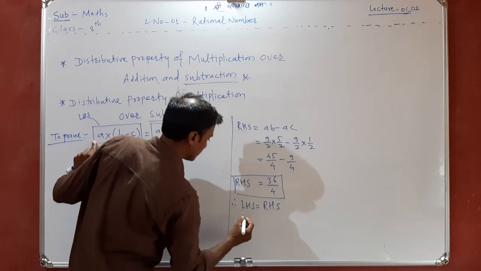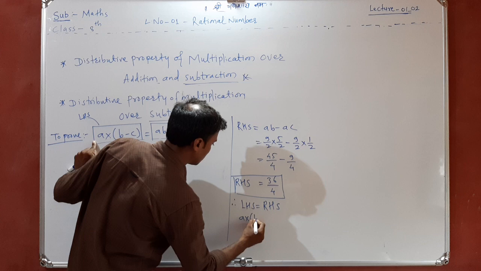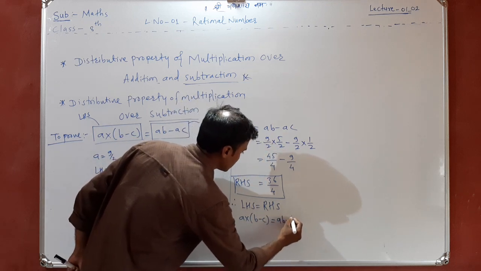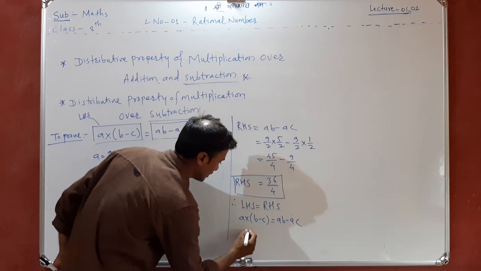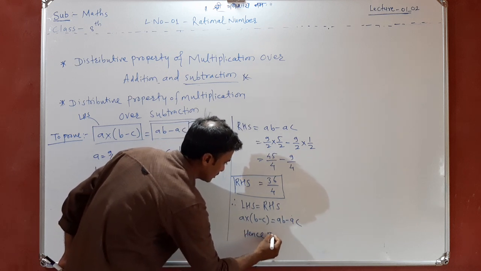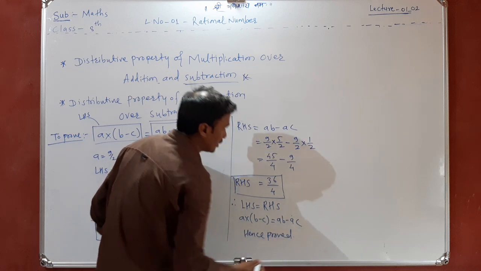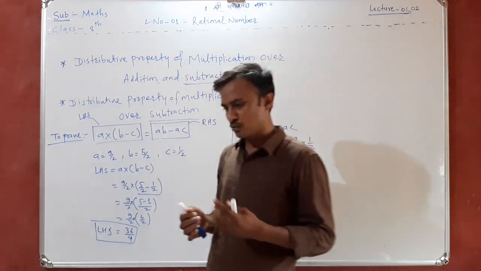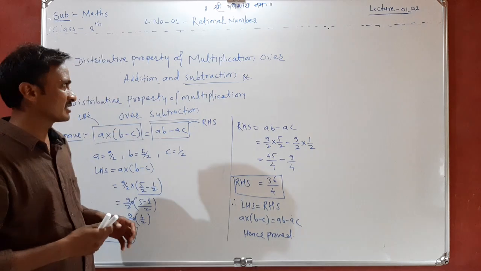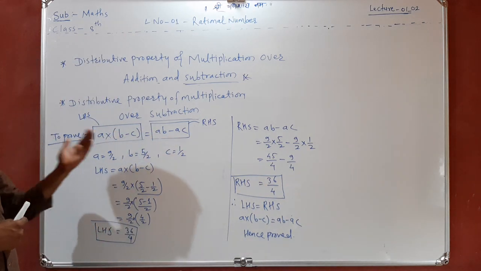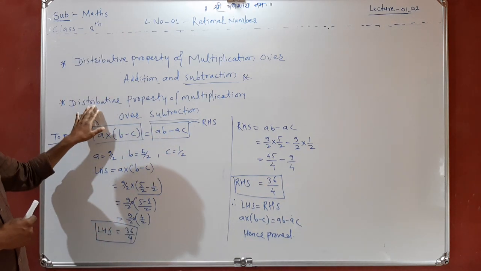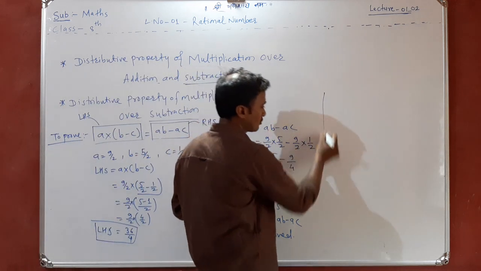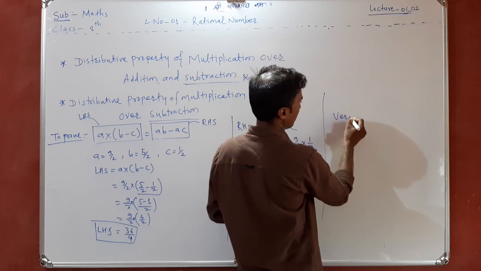It means that A into in bracket B minus C is equal to AB minus AC, hence proved. Now see student, these are the proofs. There may be chances that such types of two questions are asked in the examination. Now verify the distributive property of multiplication over addition. Now see, the question is such as, verify